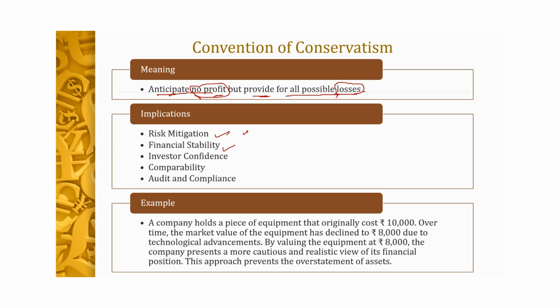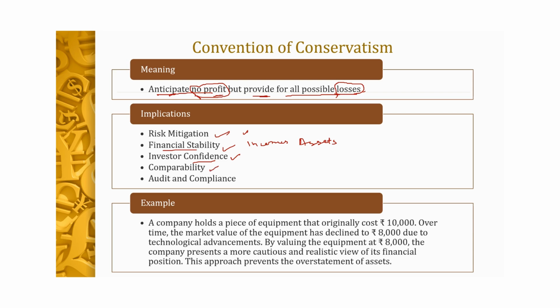अगर हम convention of conservatism को follow करते हैं, conservatism की policies को follow करते हैं, this means हमने already एक cautious approach लिया हुआ है in recognizing our income as well as assets. तो इसका मतलब हम अपनी एक तरह से financial stability को ensure कर रहे हैं अपनी financial statements में। जब आप convention of conservatism follow करोगे, definitely जो investors हैं उनका confidence बढ़ेगा आपकी financial statements में। Again, conservatism will